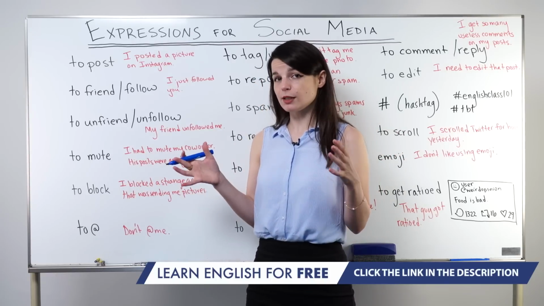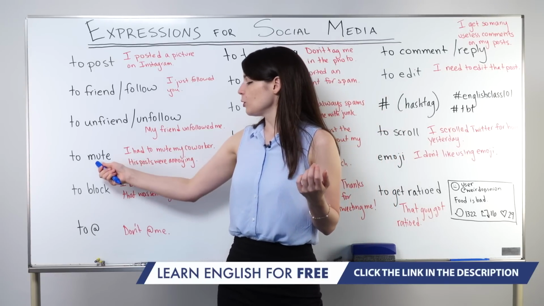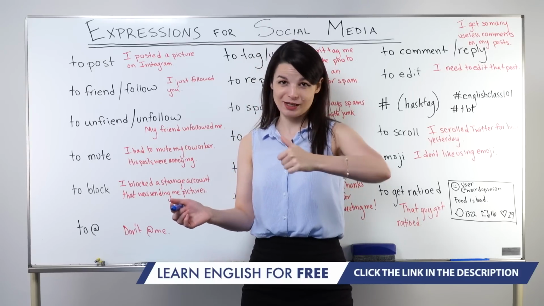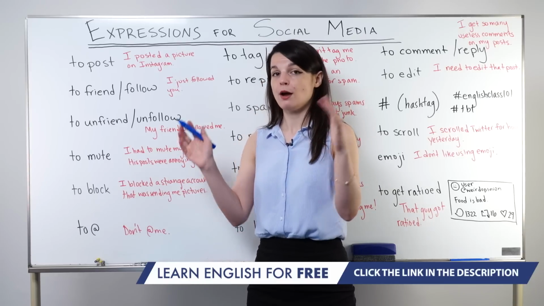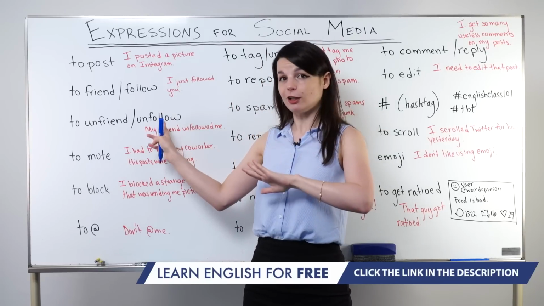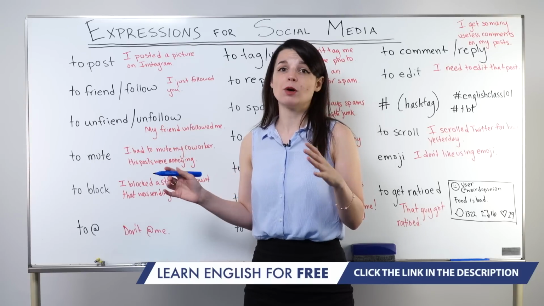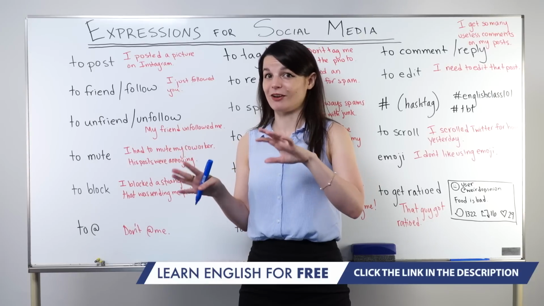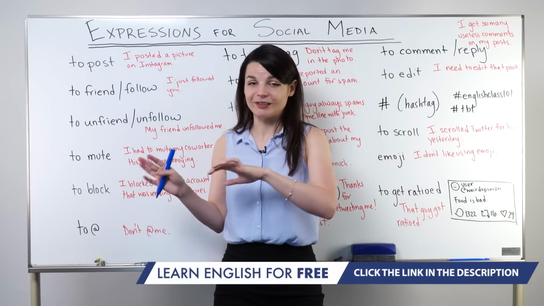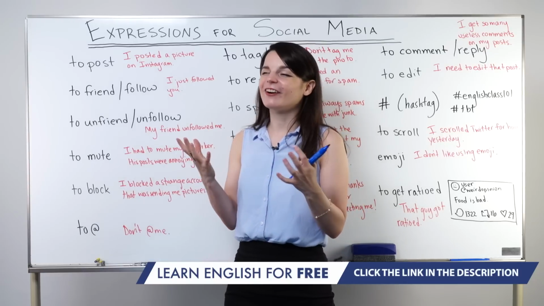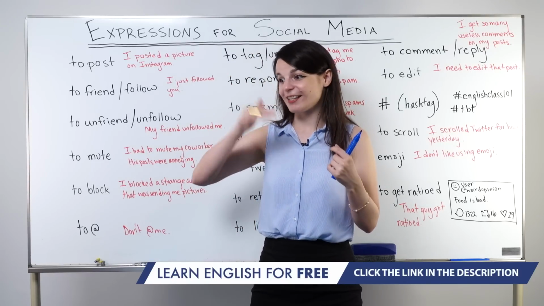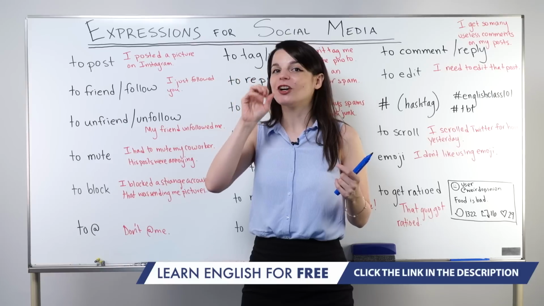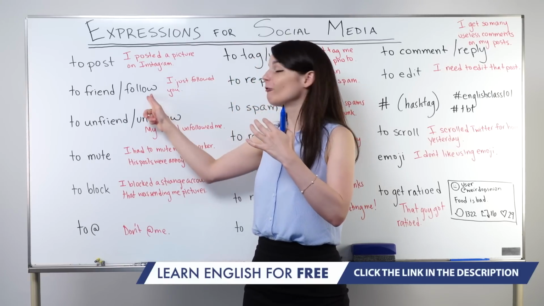This verb to mute is interesting because you use mute when you want to stop seeing someone's information, like you want to stop seeing tweets or Instagram posts from someone, but you do not want to unfollow that person. So maybe someone has a big event coming up and they're sharing lots and lots of promotional information about their event on their Instagram account or their Twitter account, and you're tired of seeing the same information, you might mute that person. So that means you just turn off their updates, but you're still following that person.